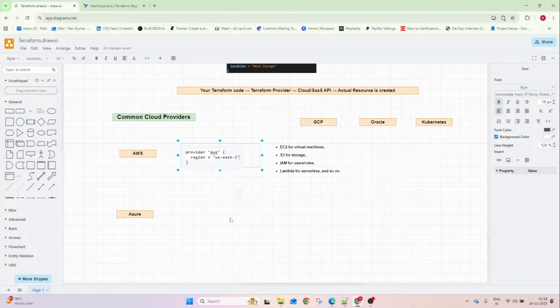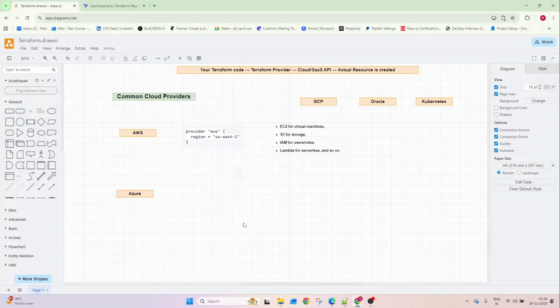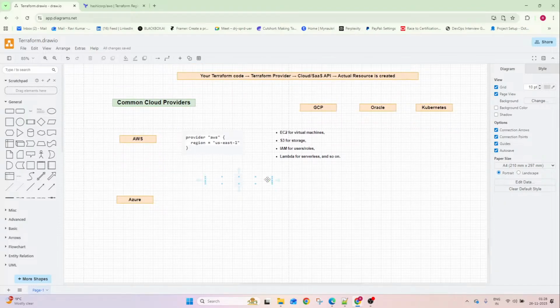Like that we can give, meaning use the AWS provider and work in the US East one region. Like that I am telling about this AWS provider. Okay,